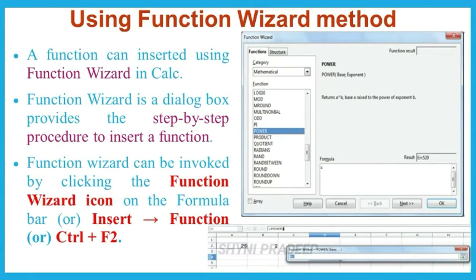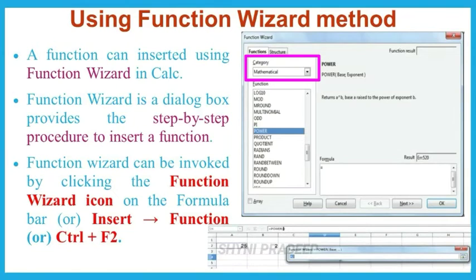In the dialog box, in the category option, many functions are there, which means database, date and time, financial, information, logical, mathematical, array, statistical, spreadsheet, text, add-in. So many functions are there. You have to select the particular category.